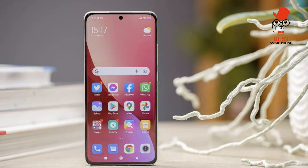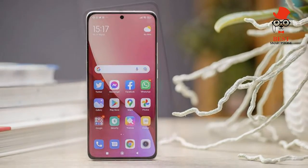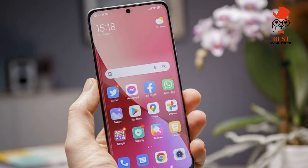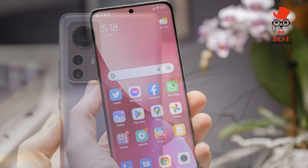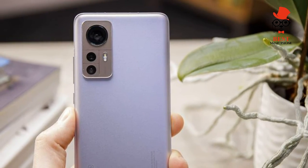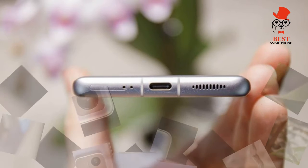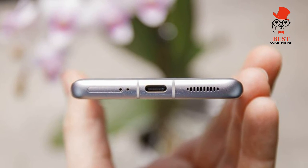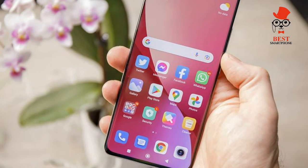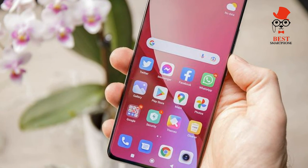4,500mAh battery. 67W fast charging. 50W wireless charging. 10W reverse wireless charging. 152.7 by 69.9 by 8.16mm. 180g. Launch colors: gray, purple, blue,